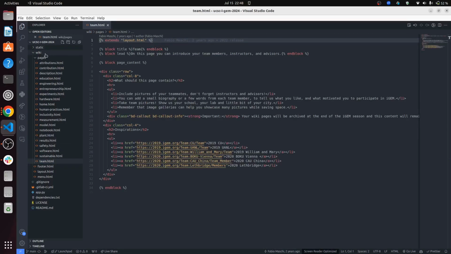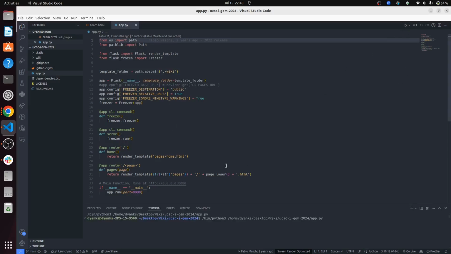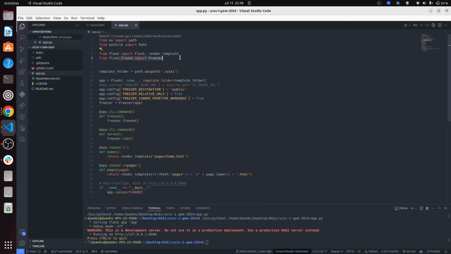So let's open this up, and let's also open up the Python code. So let's run the Python code. Also, before you are actually able to run the Python code, you are going to need to install Flask and Frozen Flask. So to do that, run pip install Flask,